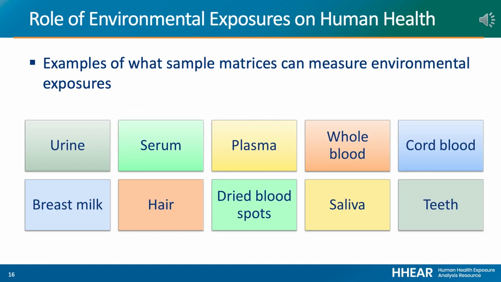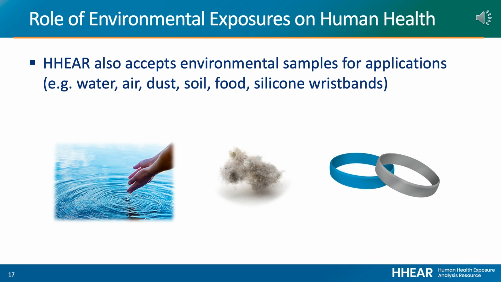Here can measure environmental exposures through a variety of biological specimens, including urine, serum, plasma, whole blood, cord blood, breast milk, hair, dried blood spots, saliva, and teeth. Environmental exposures can also be measured using environmental samples, such as water, air, dust, soil, food, and silicone wristbands. Note that here also accepts these environmental samples for applications, but this module provides a greater focus on providing information